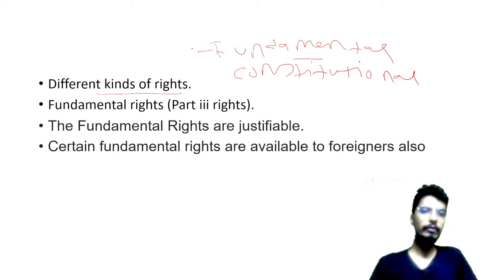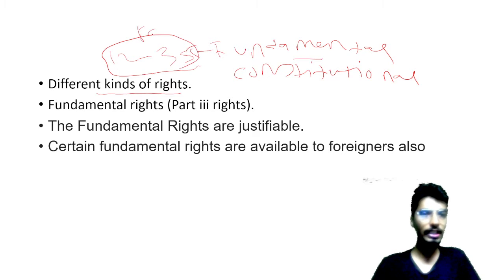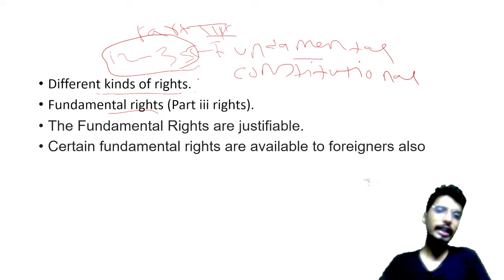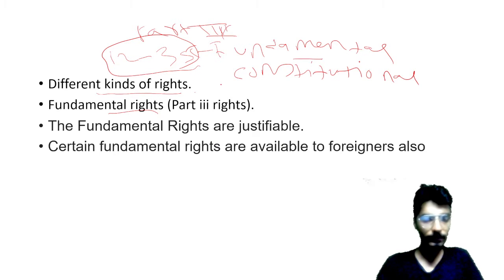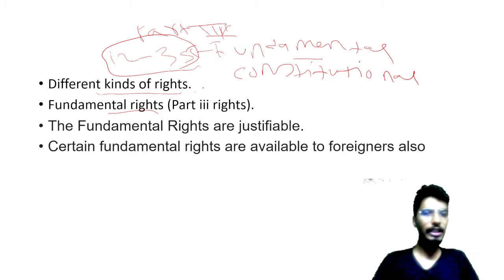So when we talk about fundamental rights, तो आर्टिकल 12 से लेकर के आर्टिकल 35 तक जो पार्ट 3 राइट्स हैं, these are the fundamental rights. So part 3 rights are called fundamental rights. Now these rights are very important rights and we have adopted these rights from the Constitution of USA. और इसका बहुत एक इम्पॉर्टेंट प्लेस है इंडियन कॉन्स्टिट्यूशन में.